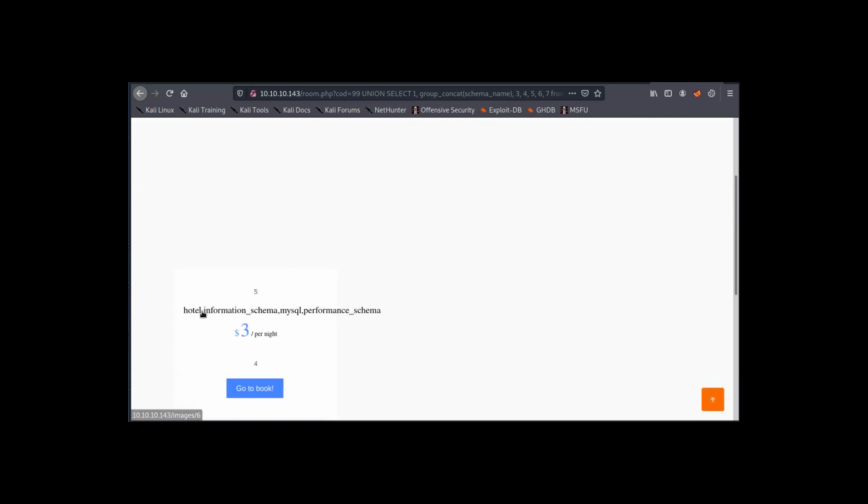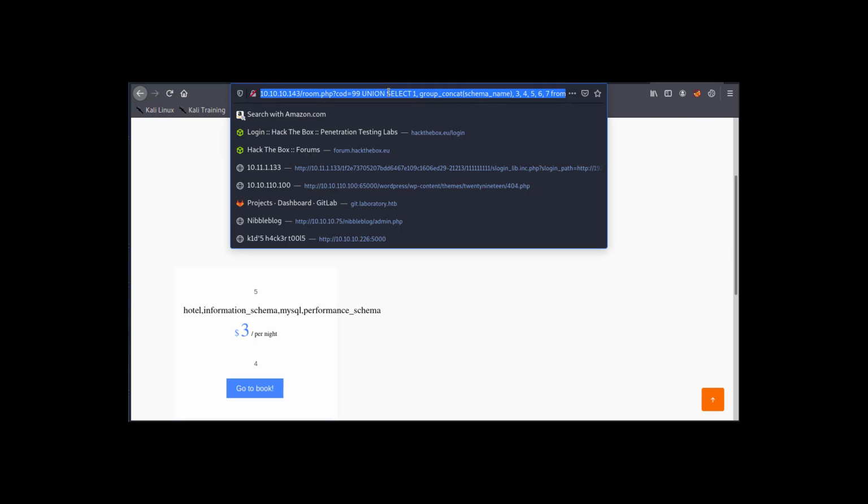there, I can see I have database hotel, I have the information schema, I have MySQL, both of which come by default with the database, and performance schema. So I'm going to dive deeper into this hotel database here, since that's probably where I'm going to see some stuff. So what I'm going to do now is try to pull out all of the tables associated with the hotel